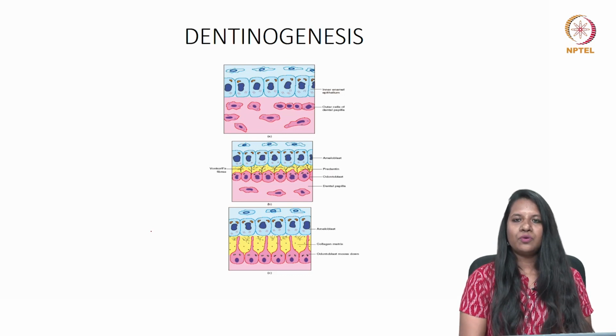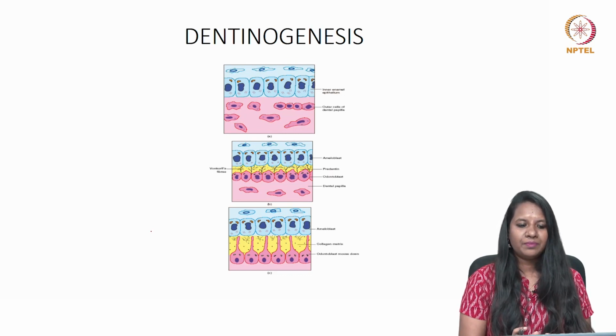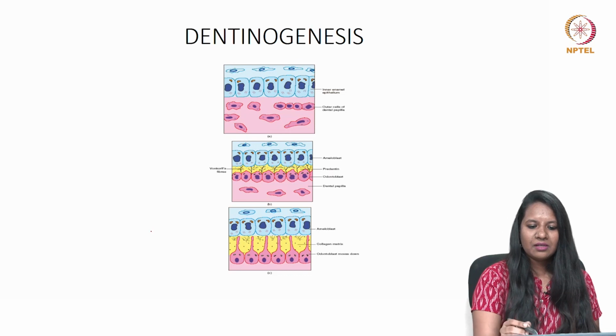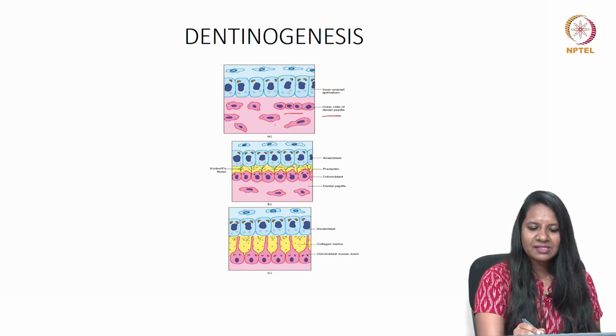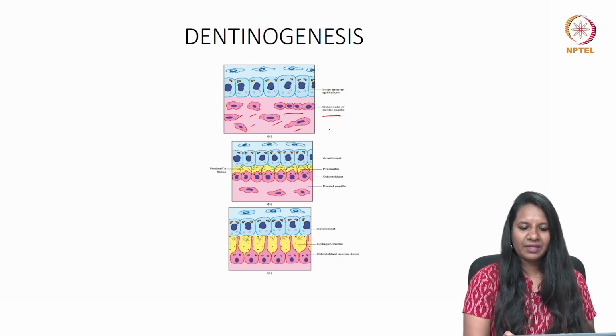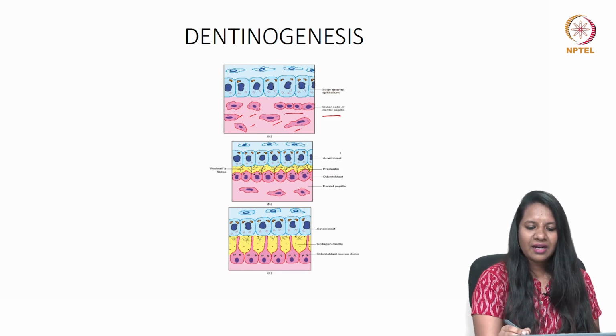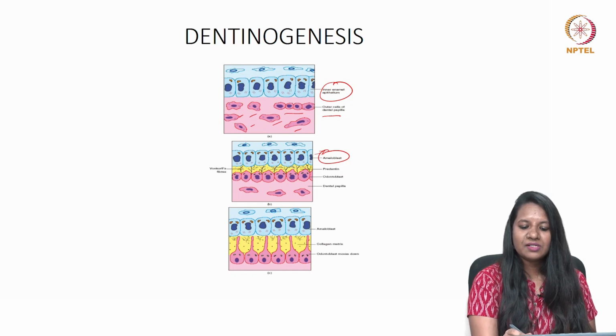So, this picture shows the proper production of dentin. These were the dental papilla cells which were just disoriented in the dental papilla, and the inner enamel epithelium, once it reaches the polarity, that is the ameloblast. Here it is called the inner enamel epithelium. Once it reaches its polarity, we call it an ameloblast. That is, it will not undergo cell division after this.